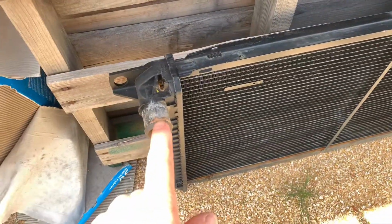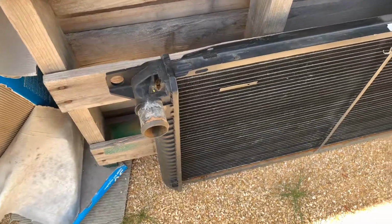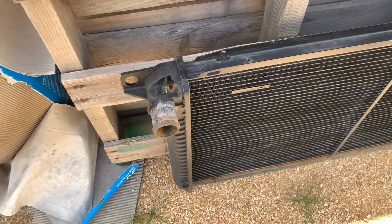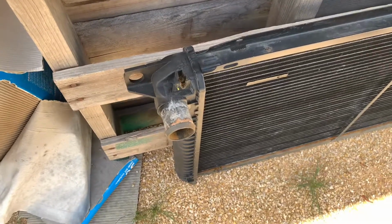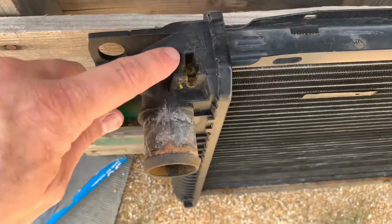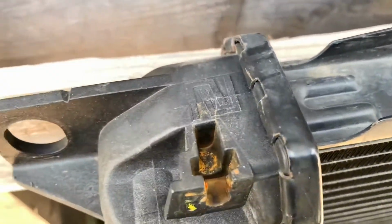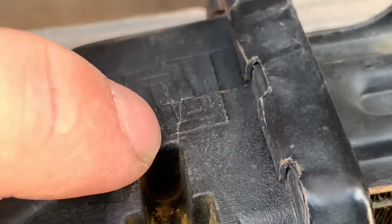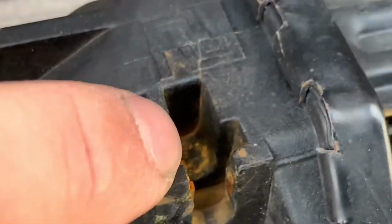I actually noticed that I had to work on a mate's car, and when I got it out, it was leaking coolant when I backed it out after I'd let it sit there and warm up. Then I noticed when I brought it back in after I'd sorted out my mate's car and brought it back into the shed, it started leaking again. But if you can see, there's a hairline crack right here. So it goes through there, and it actually goes down